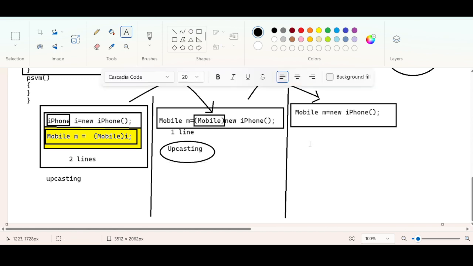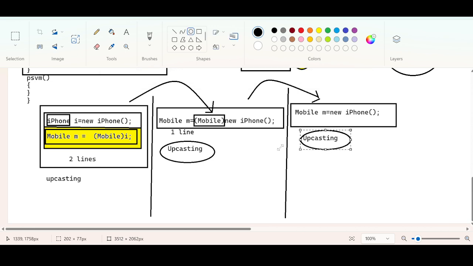So this part is also talking about upcasting. All three are talking about upcasting. You can define it this way, or this way. You can eliminate this mobile. You can remove this cast operator. Simply you can do this.